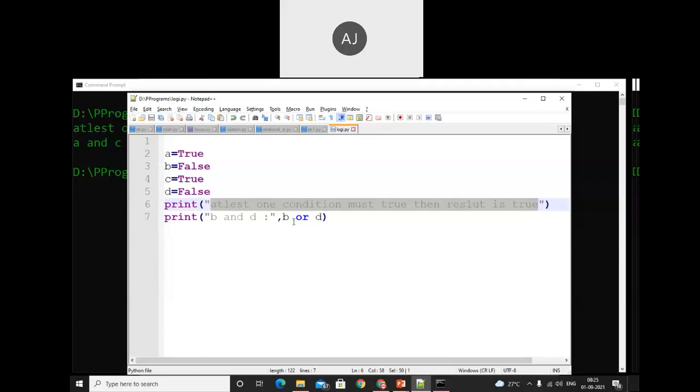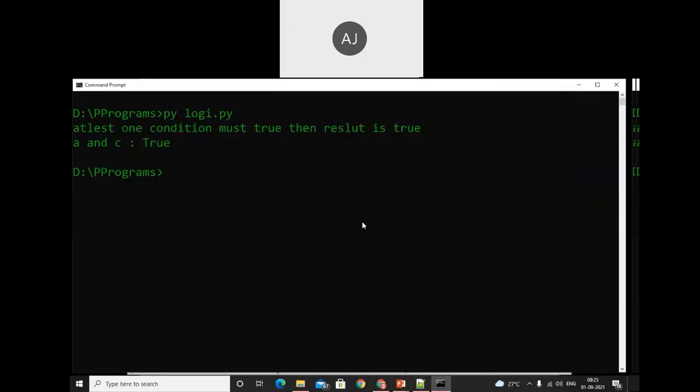If B is false and D is also false, then the resultant output will be false, because it does not satisfy the condition that at least one condition must be true. Let's try this, and see, we get the output as false. Why? Because both the conditions are false.